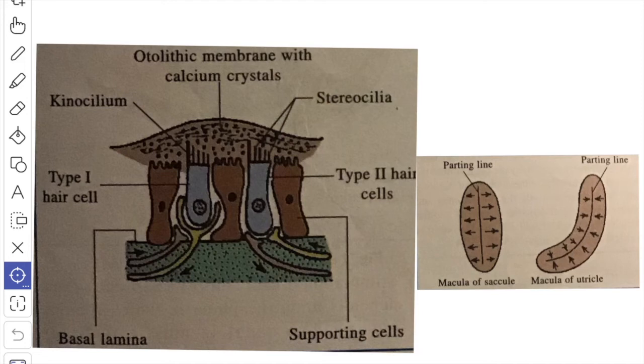The type 2 hair cells are elongated, columnar, and you have several afferent and efferent synaptic terminals which make direct contact with the hair cells. Thus, the inhibitory efferent fibers regulate directly the threshold of the excitation of the hair cells. The supporting cells are elongated columnar, they rest on the basal lamina and they present microvilli at the free surface projecting into the otolithic membrane.